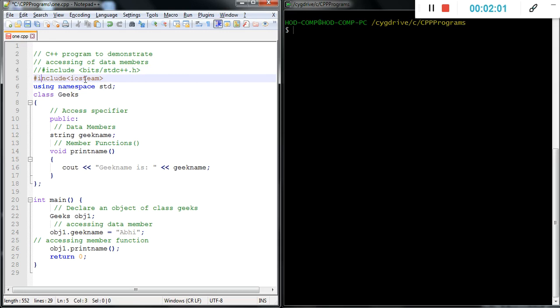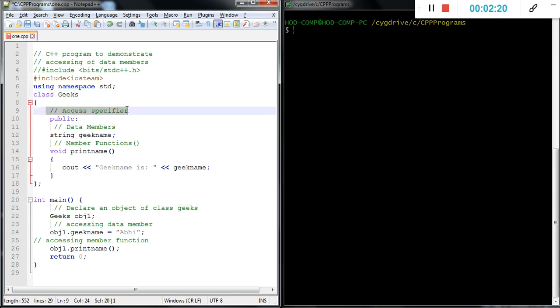We will understand the difference between iostream and this header file later. Then using namespace std, and then we declare the class, where class is a keyword and gigs is the class name.